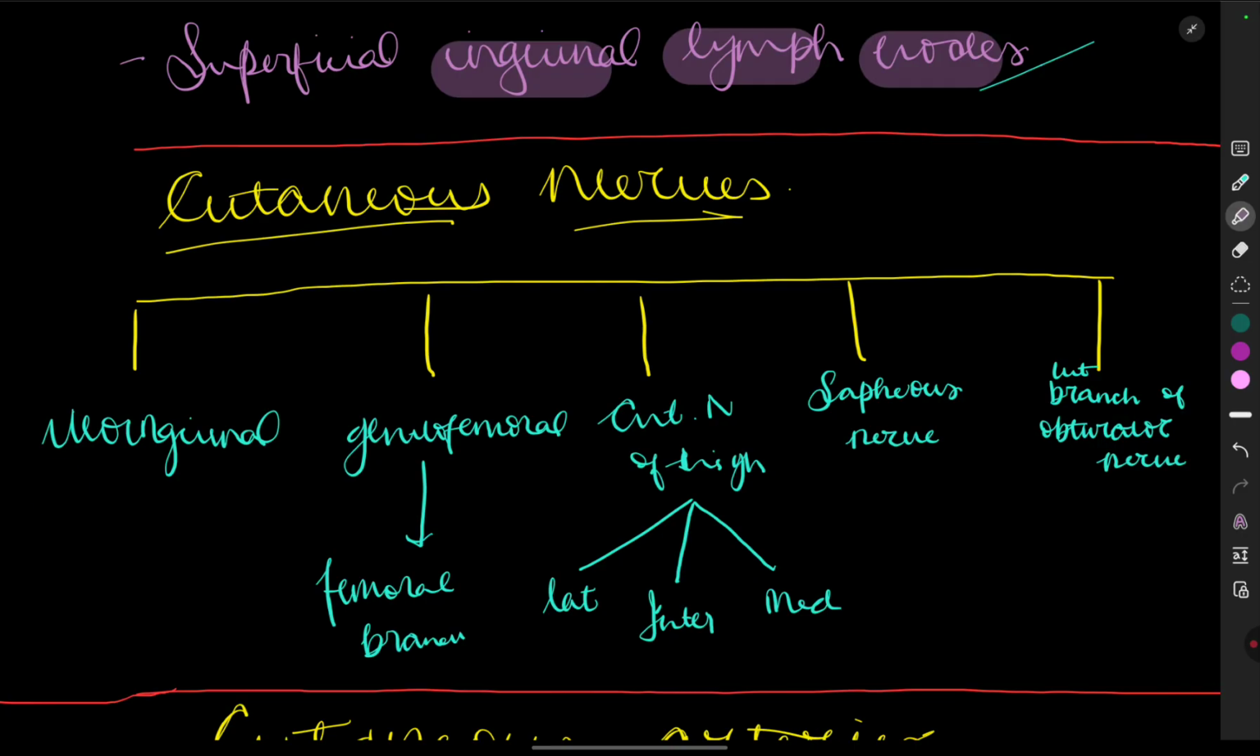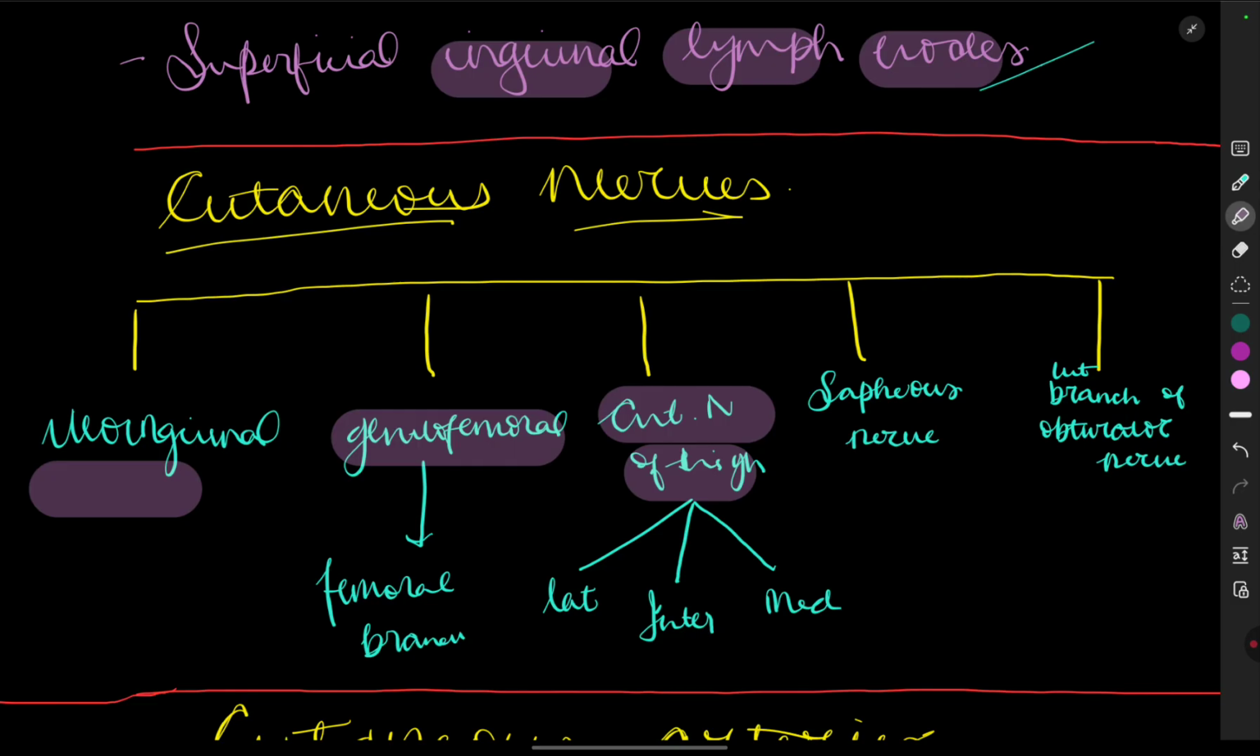We have seen the ilioinguinal, we have seen the genitofemoral, we have seen the cutaneous nerve of thigh, we have seen the obturator nerve, but not the saphenous nerve, because it arises from the lumbosacral plexus, that we will cover soon. All right, so the genitofemoral